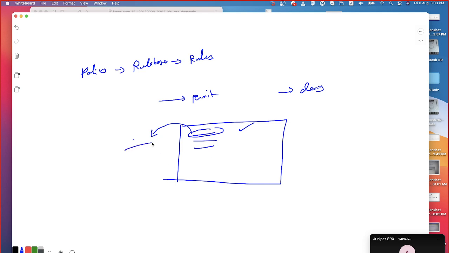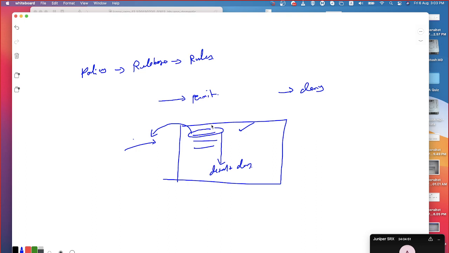Assume that another packet is coming in and the first rule is not matching, then automatically it will try to match against the second rule. If a match is found, immediately the action associated will be executed. If no rules match the received packet, then automatically the default deny rule comes into the picture. That means the traffic is going to be dropped.